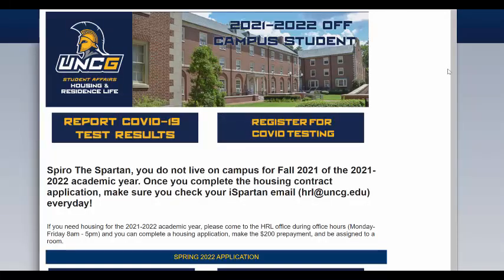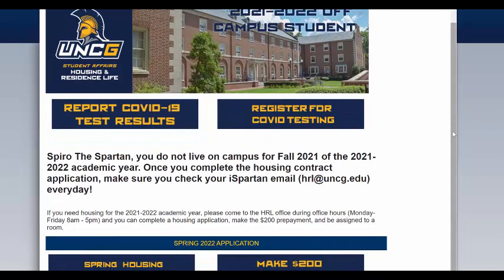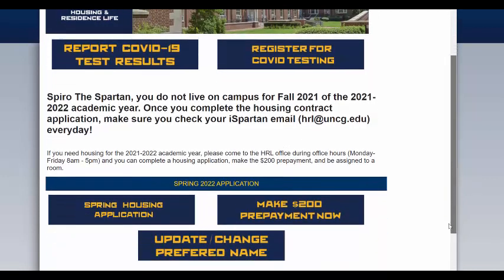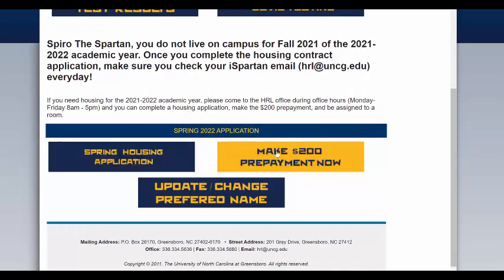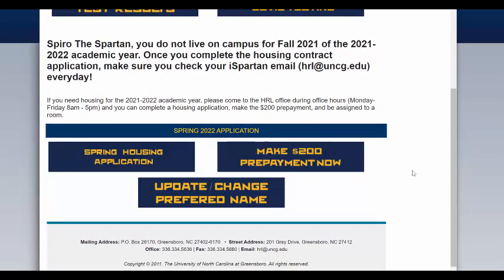Once you have logged into Artemis, you can complete the housing application. The housing application is 2 parts, the application preferences and the $200 prepayment. The housing application has several parts. Depending on the year, the order may be different and have different dates, but the applications all have the same things: building preferences, meal plan preferences, roommate matching questions, updating or creating your roommate group PIN, and agreeing to the